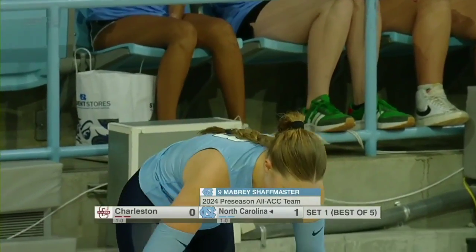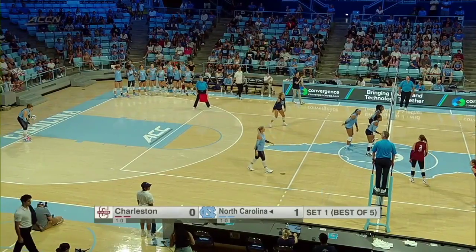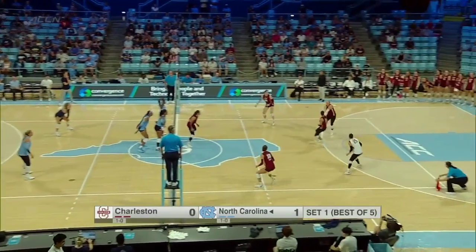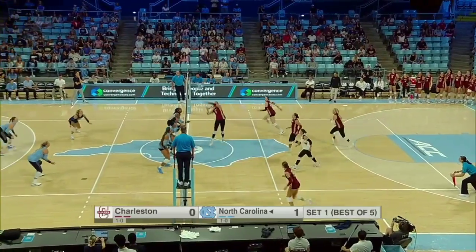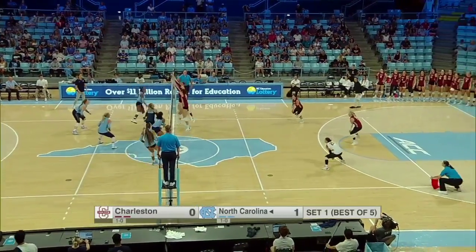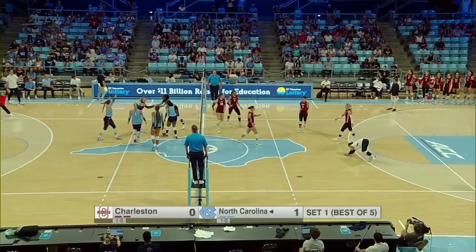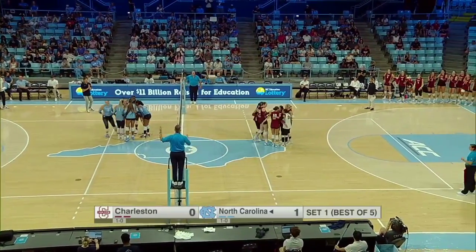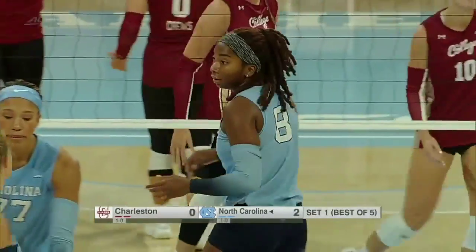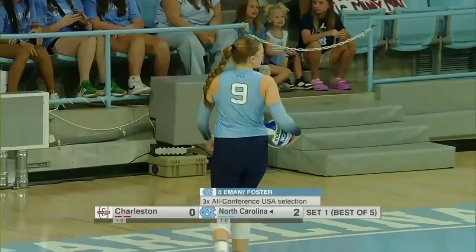set 1. Now in her senior season, she came into this season 13th on the all-time list at Carolina with over 1,100 kills in her career. Foster. She's going to get the kill. What a shot by Foster on the left side. And boy, if she can get hot early, then you're really kind of chasing your tail defensively if you're the